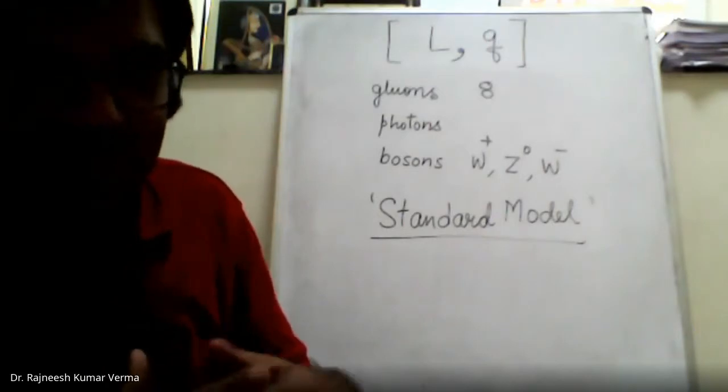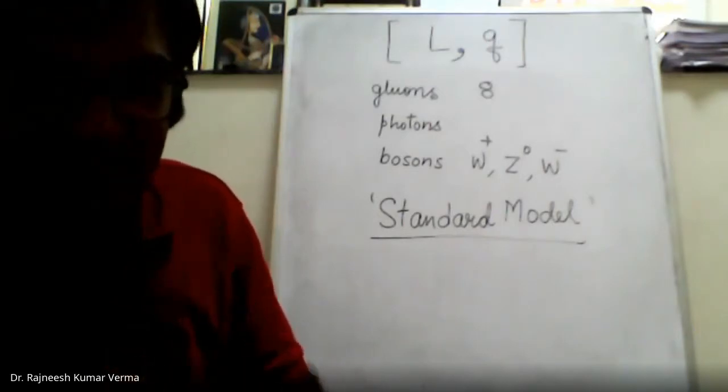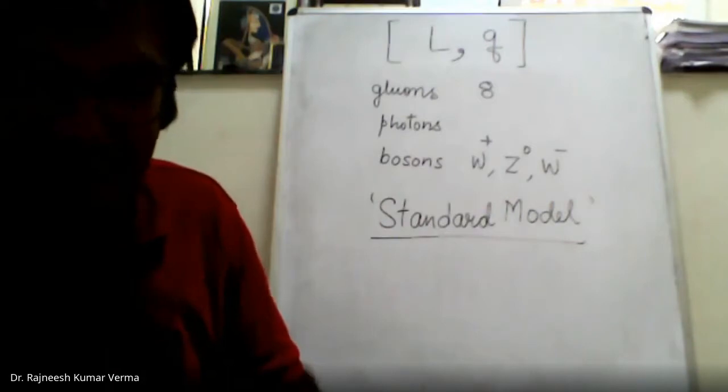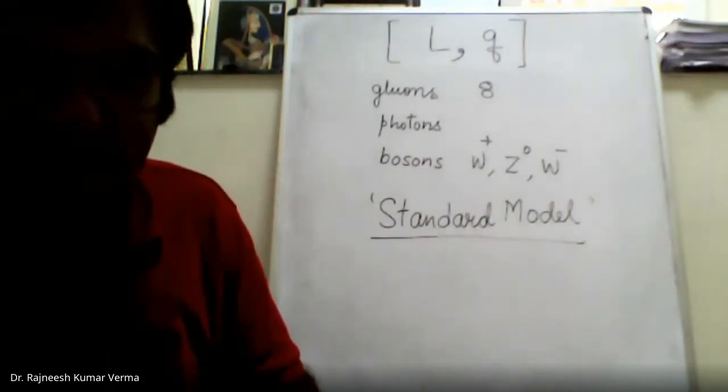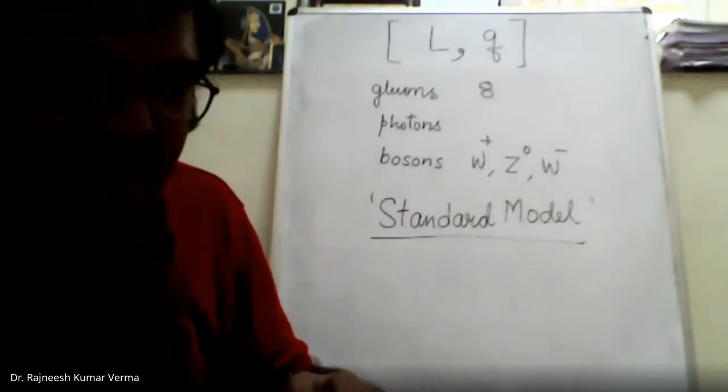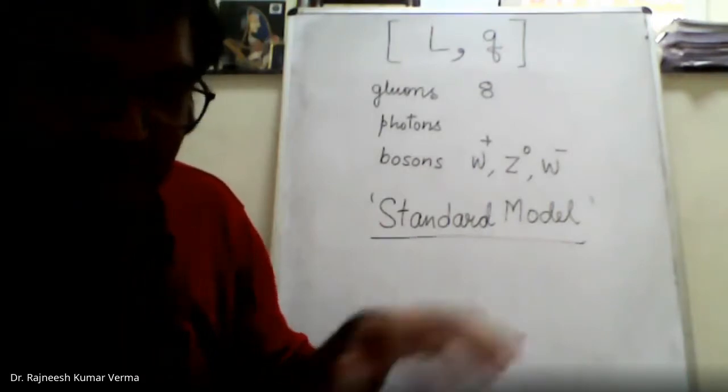So the entire material which we have: 3 generations of particles and the exchange particles, gamma photon, gluon, and 3 bosons. And the model which uses